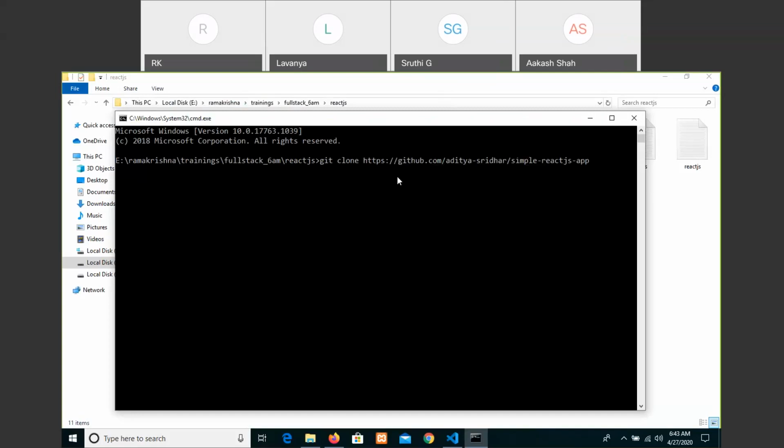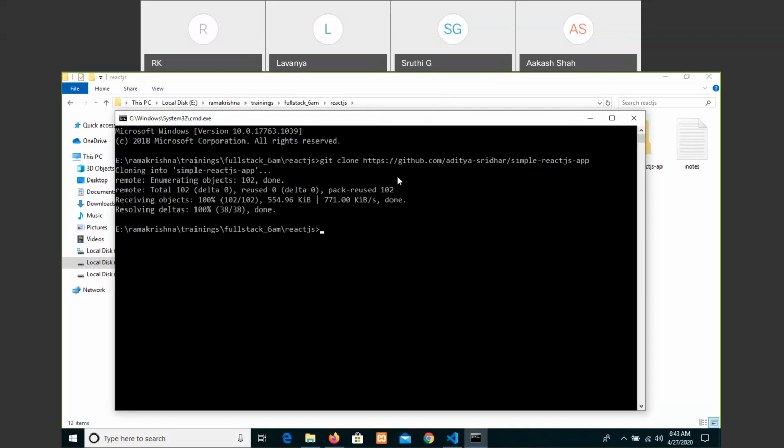That's it. It is cloning. It is downloading the application that someone has done, and that's done.